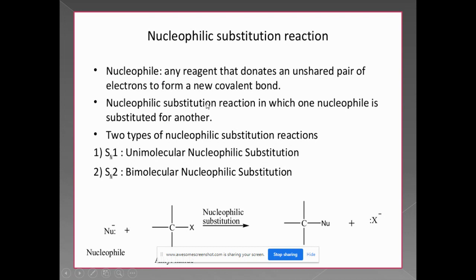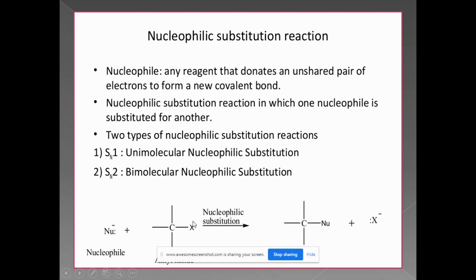The nucleophilic substitution reactions that we have to cover in our syllabus are of two types, SN1 and SN2. The long form of SN1 is substitution nucleophilic unimolecular reaction, and the other one is the SN2 reaction, that is, bimolecular nucleophilic substitution reaction. Here you can see the nucleophile has a negative charge, and here is the substrate